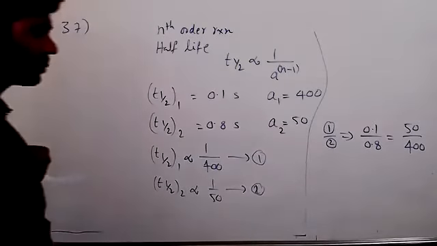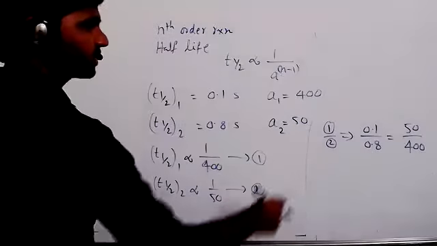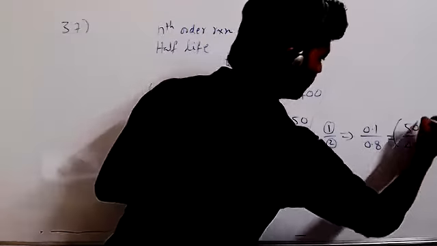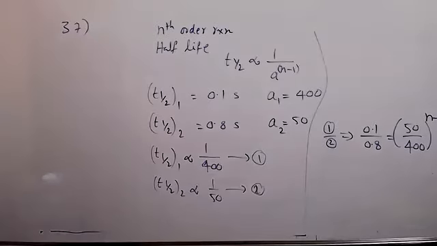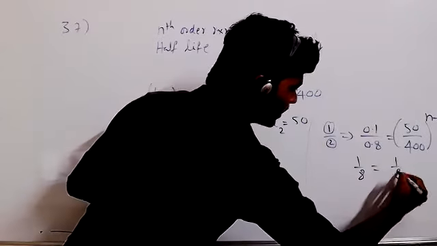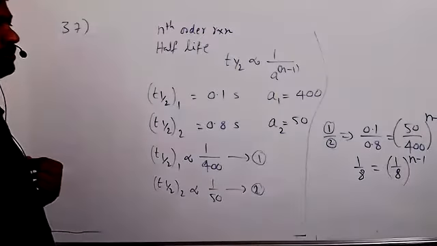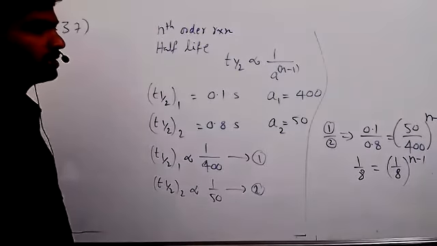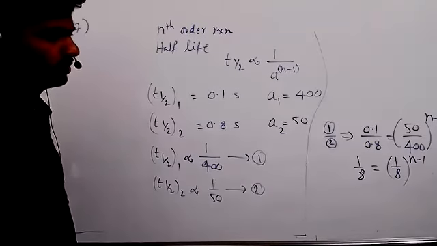Sir, it is whole to the power n minus 1. Yeah, that's what. If you apply here, yes, correct. I have to apply here whole to the power of n minus 1. That's correct. So this is 1 by 8, right? This also we are getting 1 by 8 whole power n minus 1. Order is 2, sir. Yeah, order comes 2. We have to prove that.